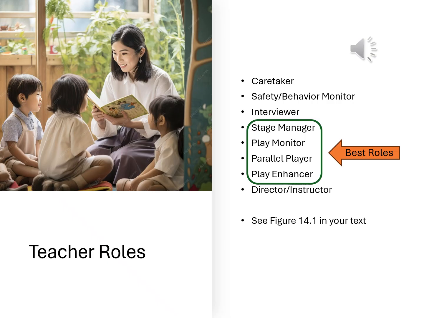So if the best place to hang out is letting children play freely or engaging in guided play with them, what does that look like? What do we need to be doing? In your textbook and also among scholars who are interested in the roles of adults, there is a determination that the best things for adults to do are in this green box on this slide. There are many roles that adults take on throughout the day, and it doesn't mean that we don't ever do any of the other ones, but when we're sitting down with children while they're playing, we should be trying to do mainly these 4 in the box. But let's talk about all of them real quick.